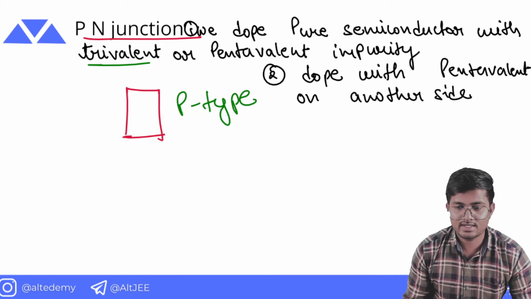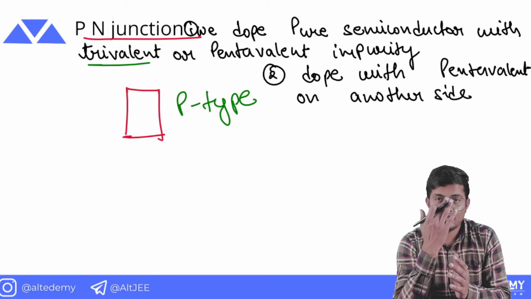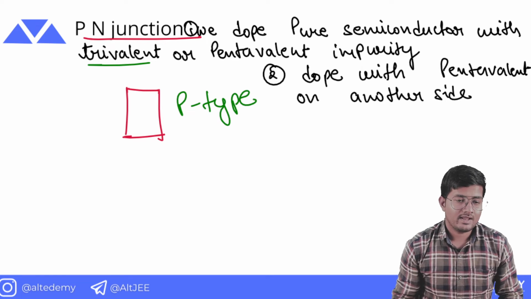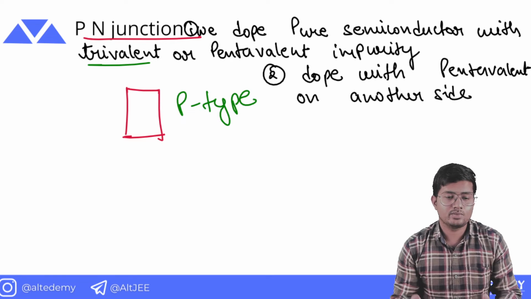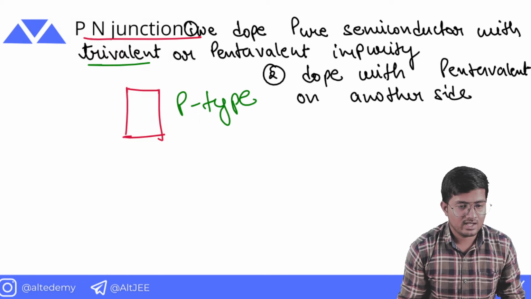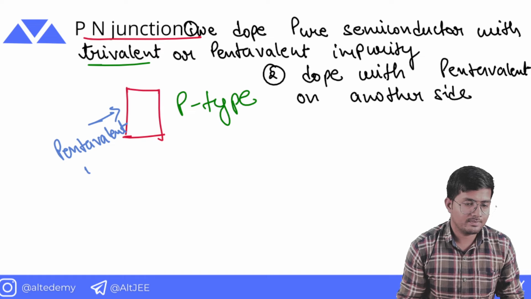So first we are making the semiconductor p type or n type, and then if semiconductor is p type, say for example, I will dope this particular side with pentavalent impurity,